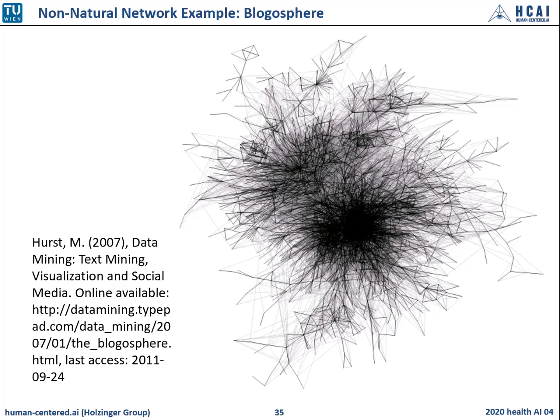While network biology aims to understand the behavior of cellular networks, a parallel field within medicine is called network medicine, and they aim to uncover the role of such networks in human disease. And you see here the similarity to a non-natural structure. Here is the visualization of a blog sphere, nicely visualized by Hurst, and Hurst mapped this image as a result of 6 weeks of observation, and you see the densely populated areas represent the most active portions of the blog sphere.